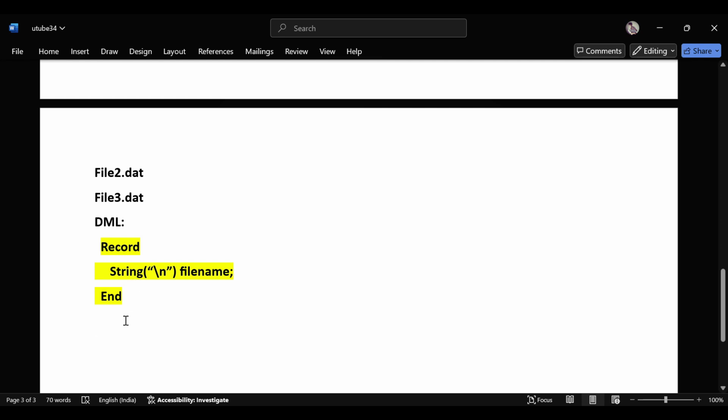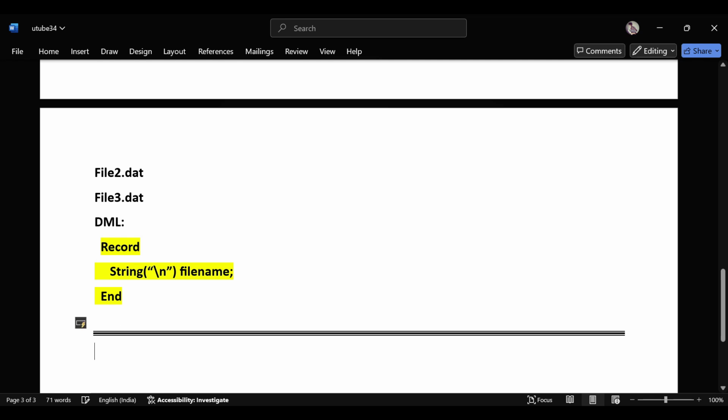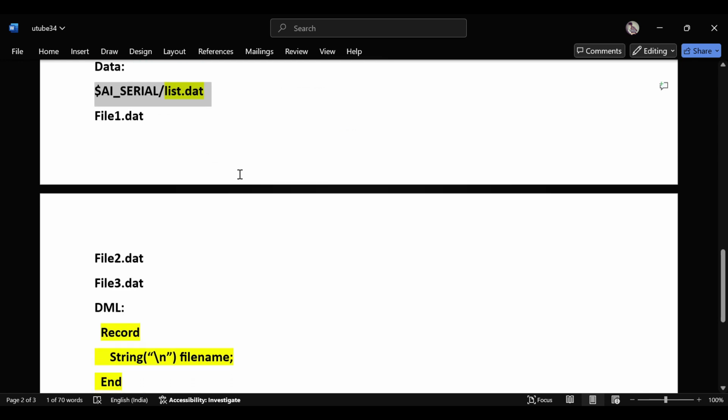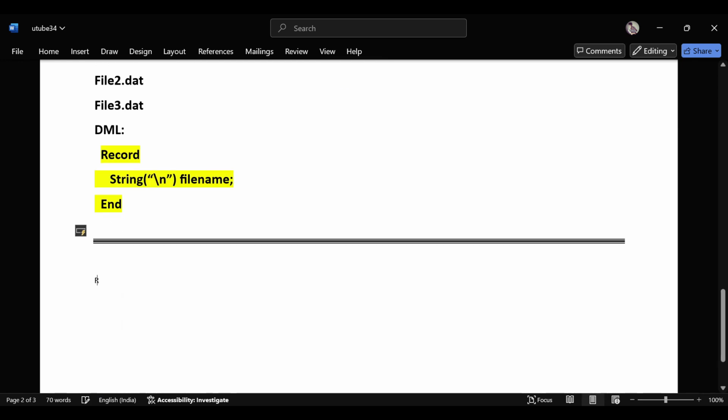So this is up to your input file, whatever we have written. After that you need to configure, so after that we have to go for RMF. So in RMF,